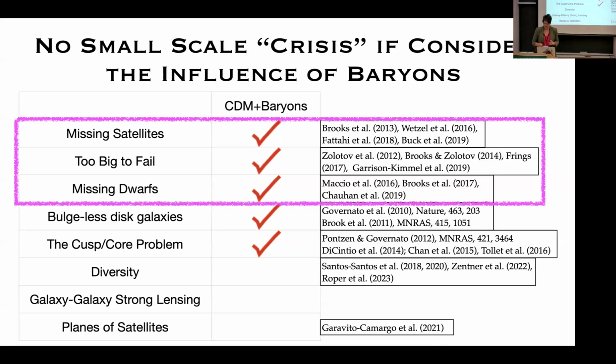So I want to highlight that there are a few problems here, particularly these first three, the missing satellites problem and the too big to fail problem, where you don't necessarily have to invoke this messy baryonic blowout like I was just showing in that movie, but you do have to include gas. These are problems that were highlighted back when people thought, oh, I can just run a dark matter only simulation and figure out what the gas is doing, right? That's because there's so much more mass in dark matter than there is in baryons that people just thought you could do that. And then they came up with these problems.